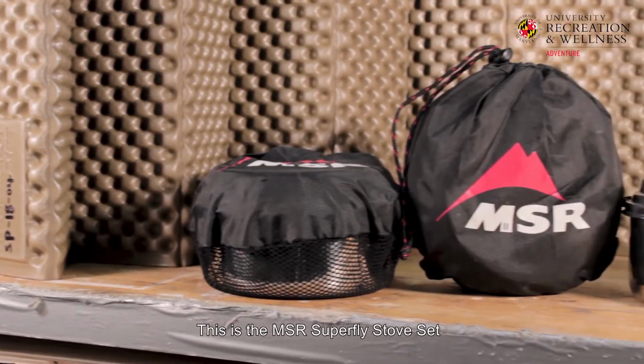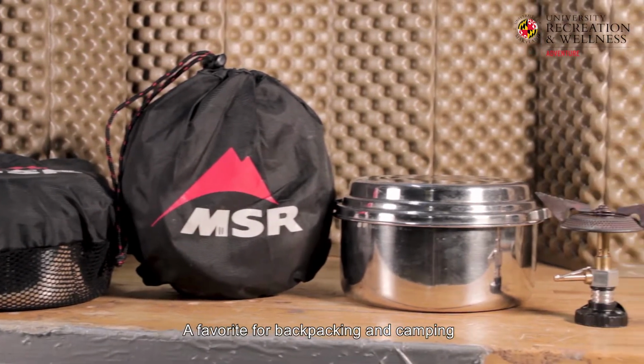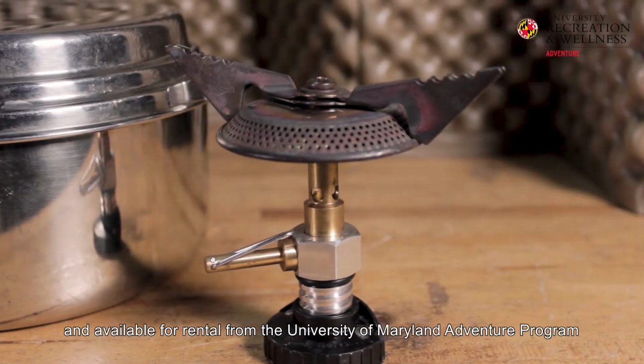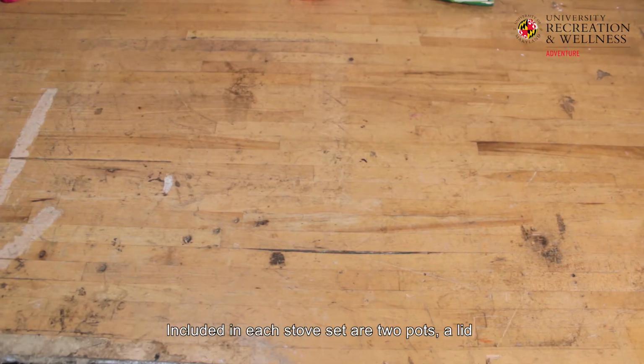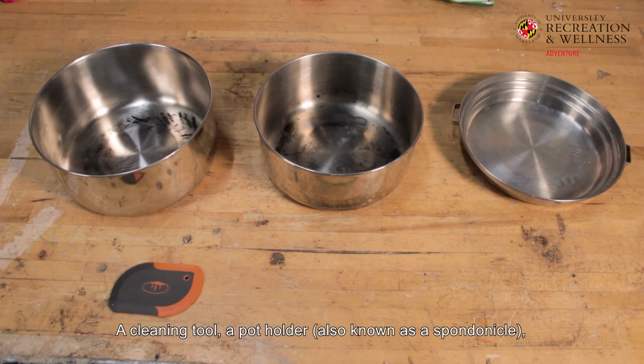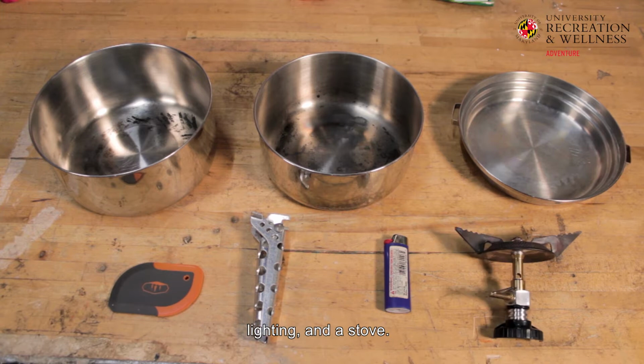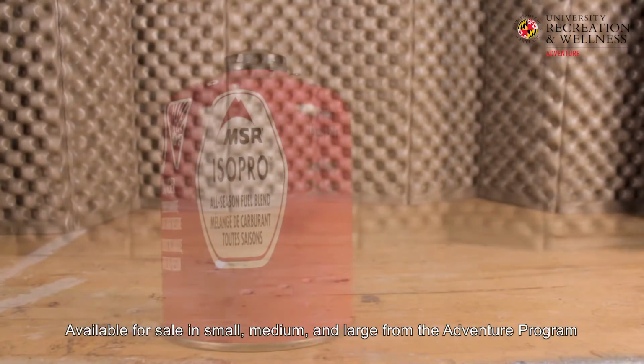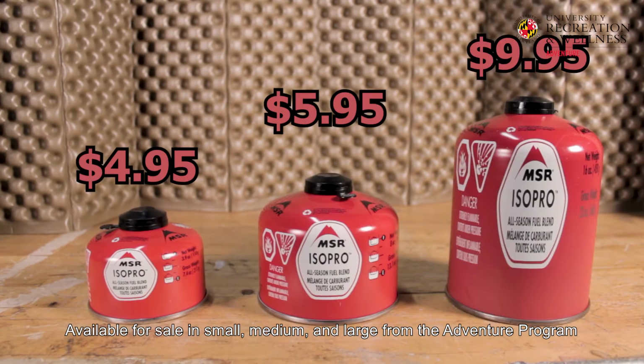This is the MSR Superfly stove set, a favorite for backpacking and camping, and available for rental from the University of Maryland Adventure Program. Included in each stove set are 2 pots, a lid, a cleaning tool, a pot holder also known as a spondonicle, a lighter, and a stove. Additionally, you will need a can of isopro fuel, available for sale in small, medium, and large from the Adventure